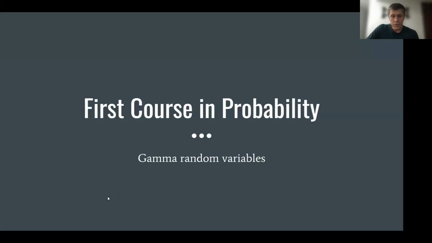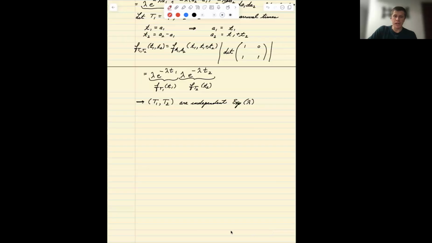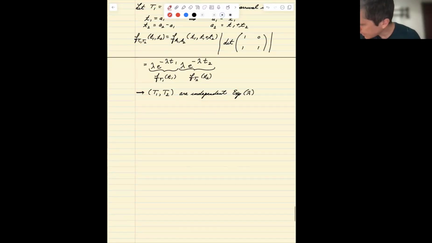Okay, we're now going to do an example in which we derive a joint distribution, doing a change of variables involving gamma random variables. So let's think about